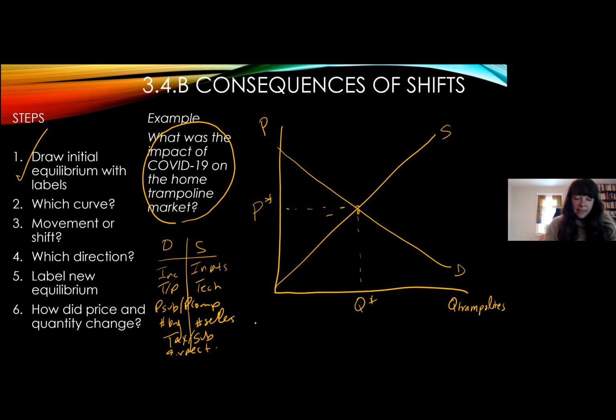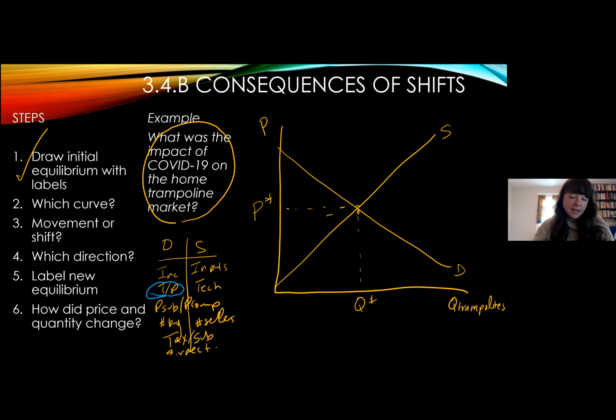So I think COVID-19 actually did two things to the home trampoline market. I think the first thing that it did, label in blue, was change people's tastes and preferences. Could also argue that it changed people's incomes, right? Because we know a lot of people are unemployed now and can't afford trampolines. So you can choose to model as many as you want. You're always going to be graded on your economic reasoning and the completeness, the effort that went into your answer. So I think this would be a great answer, but I think there are other ways to answer this.